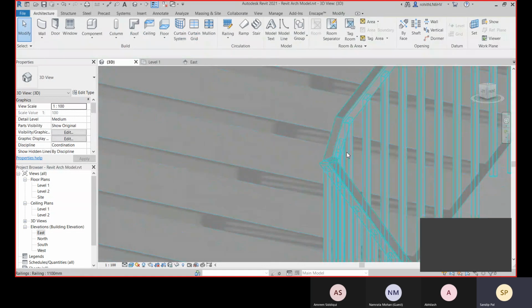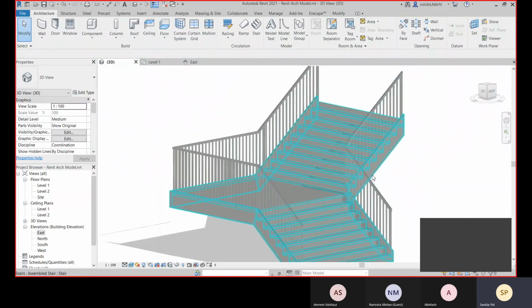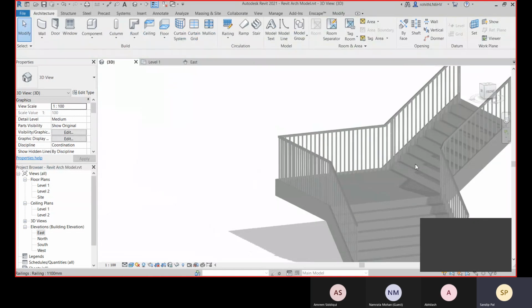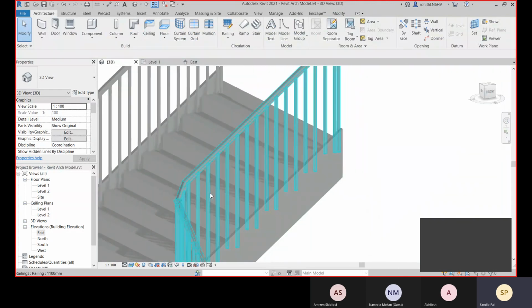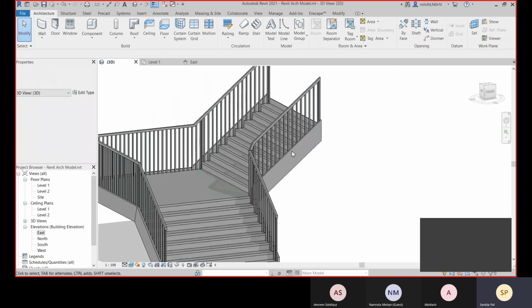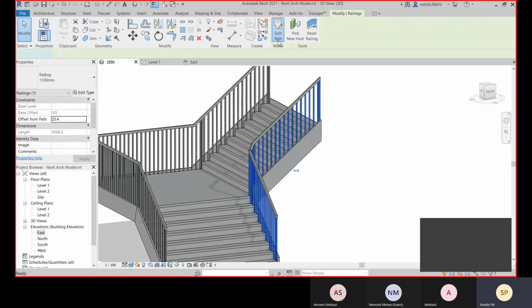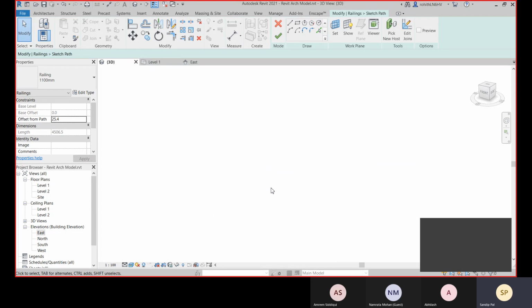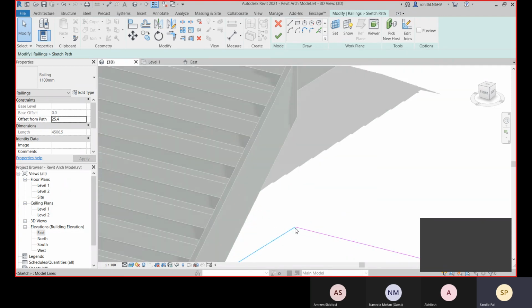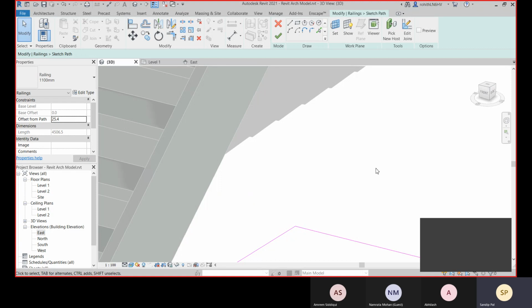Okay, so it's not fixed, because there is a sharp corner and this top profile is not connecting. So what you can do is select this and change the path over there, and you can make this corner a smoother one. So let's go with this, make the radius like 50.